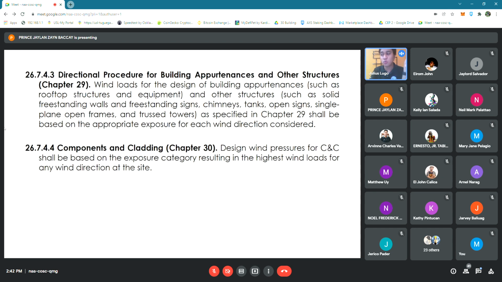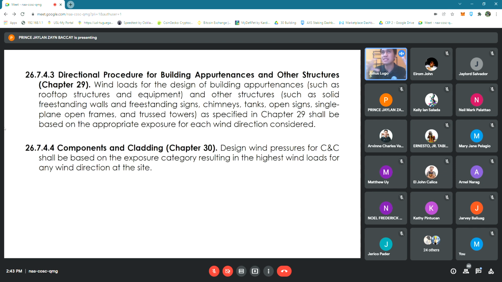Now, in the envelope procedure, whichever gives the highest value in general, whichever direction it is, yun yung gagamitin. Now, in the directional procedure, you have to consider the direction of the wind. So it depends in each particular phase of, kunyari, your four-sided building. It depends kung ano yung